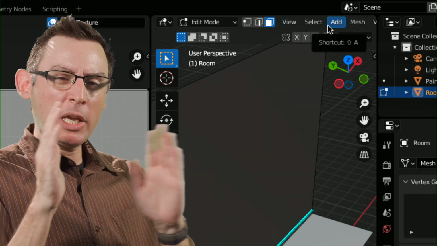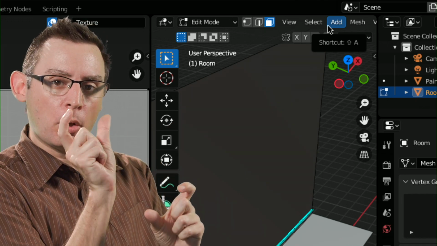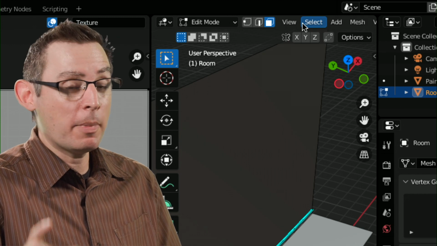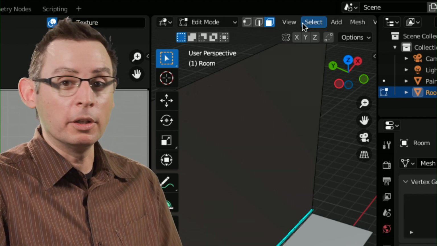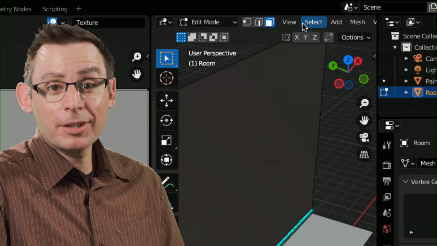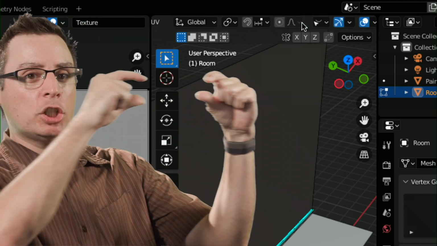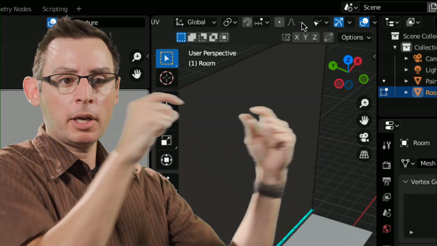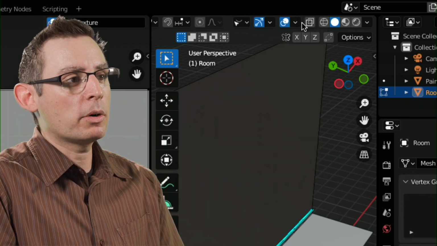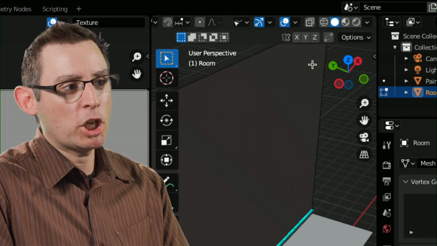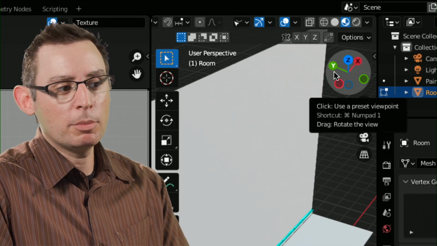actually gone. They're just being kind of truncated a little bit by the small width of this part of our interface. This is another reason why I want to have a 3-button mouse, because I'm going to use my scroll wheel. If you don't have a scroll wheel, this is not going to happen, unfortunately. I'm going to scroll down, and now I'm shifting that top row horizontally inside that frame. And of course, as I get all the way to the right, here are all of our viewport shading styles. I'm going to change it over here to material preview.